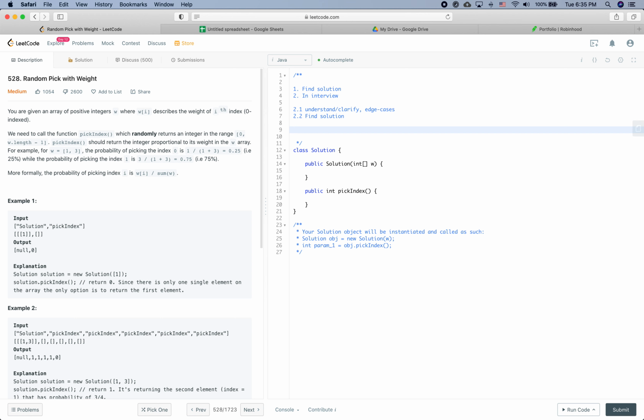So the array of the sum from 0 to the current index. So let's say it is sum. So sum[i] would be the sum of w[0] all the way plus w[i]. Okay, in this way